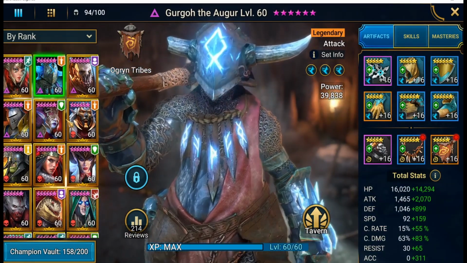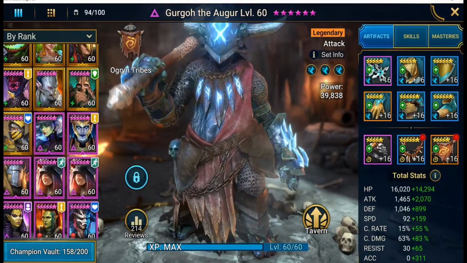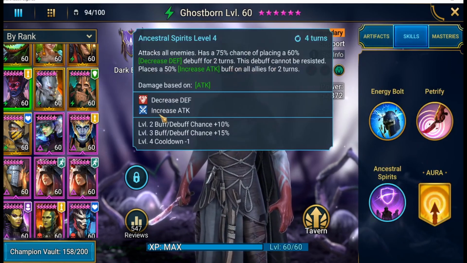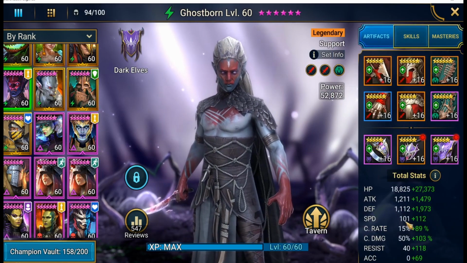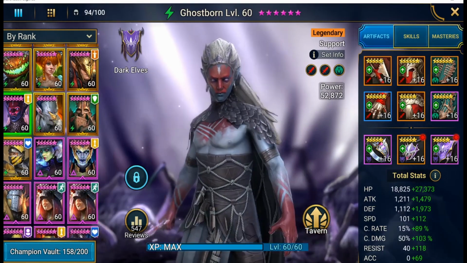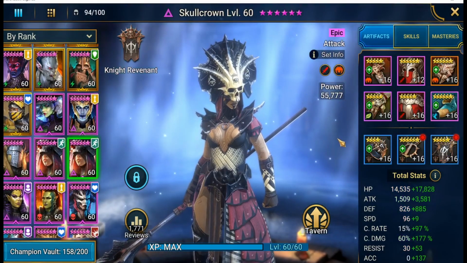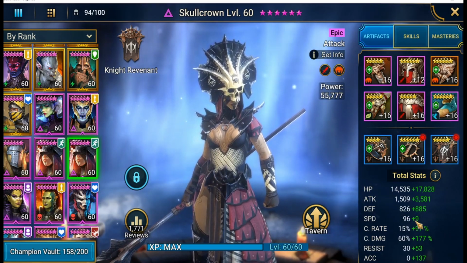I then have a champion that will come in and decrease defense. There's loads of champions that can do this in the game. I use Ghostborn because Ghostborn also increases my attack, and this is an AoE decrease defense. In terms of speed, the speeds don't need to be as fast anymore because I've frozen the entire enemy team. But for Ghostborn, I have a pretty quick one, and then I have someone come in to nuke, and my nuker, which is actually this Skull Crown, is incredibly slow. I don't need Skull Crown to be fast at all because the enemy won't have a turn before Skull Crown goes,